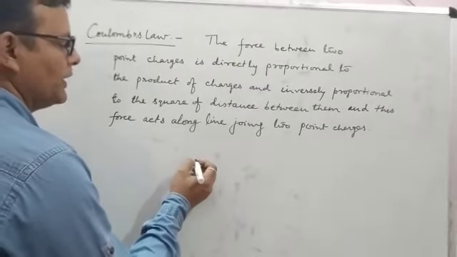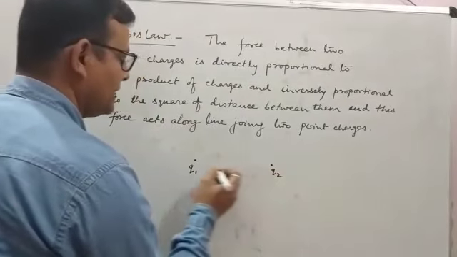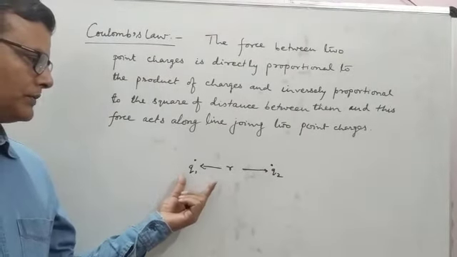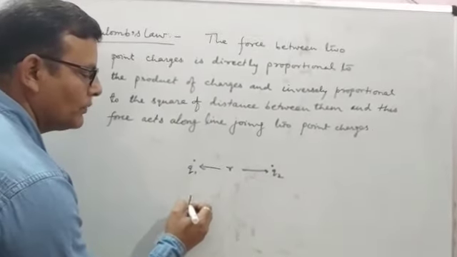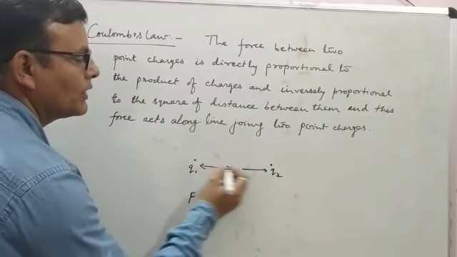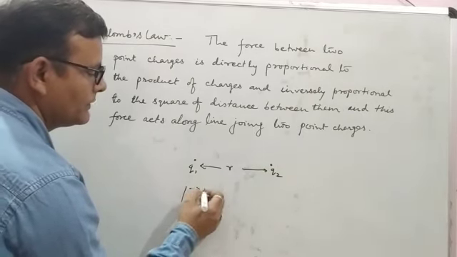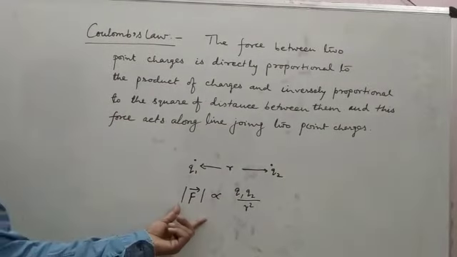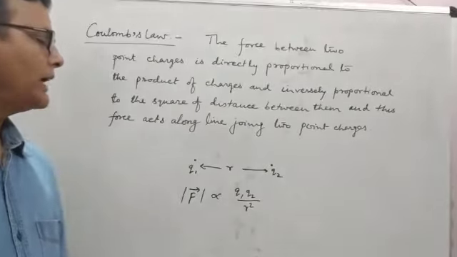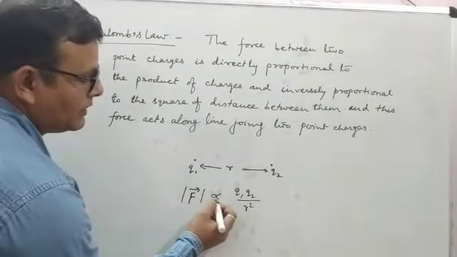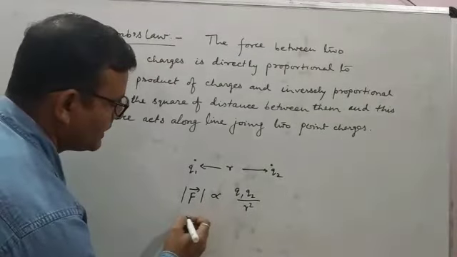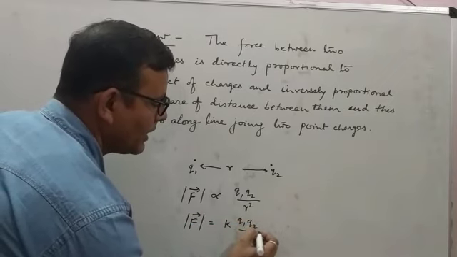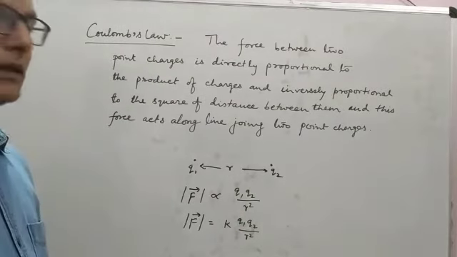Consider 2 point charges Q1 and Q2 separated by a distance R. The magnitude of force between these two charges is directly proportional to the product of charges and inversely proportional to the square of distance between them. So we can write magnitude of force is directly proportional to Q1 Q2 by R square. If we replace this proportionality sign, we can write F is equal to K Q1 Q2 by R square, where K is proportionality constant